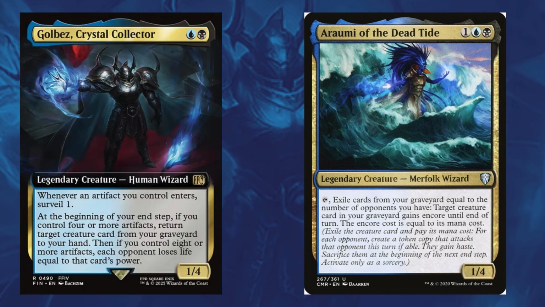For each opponent, create a token copy that's attacking that opponent this turn if able. They gain haste. Sacrifice them at the beginning of the next end step. Activate only as a sorcery. This is a really good card to make multiple copies of a powerful creature that you want to go to